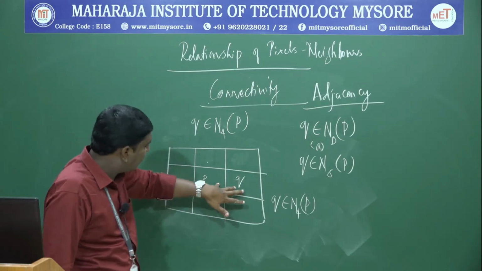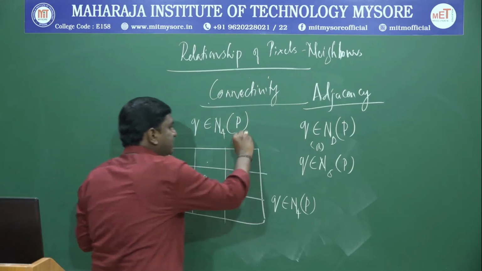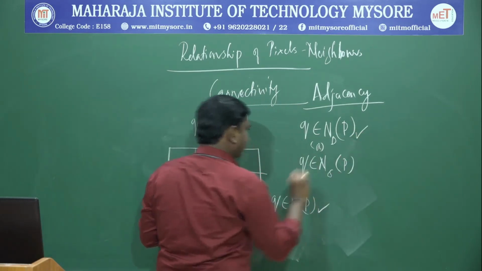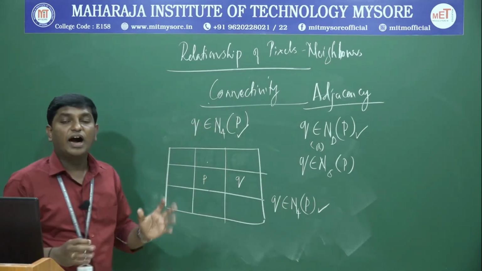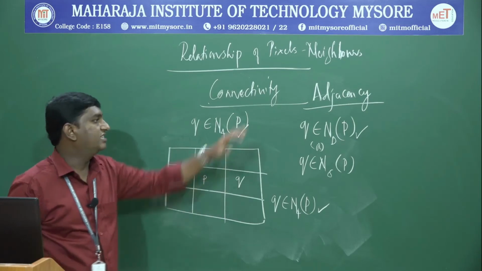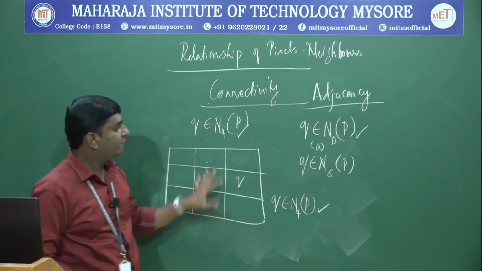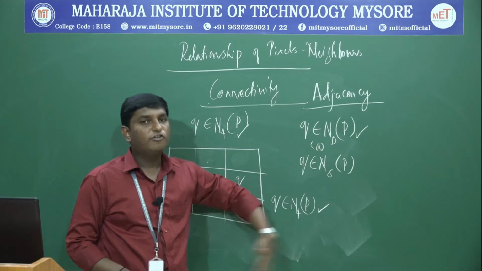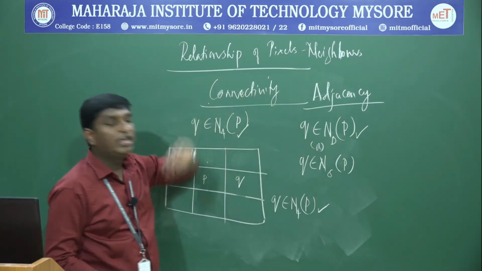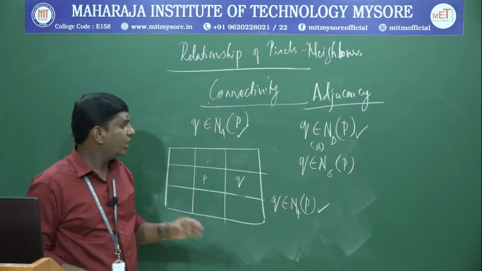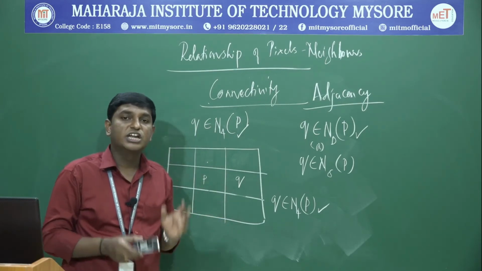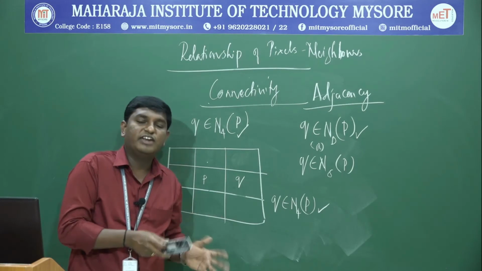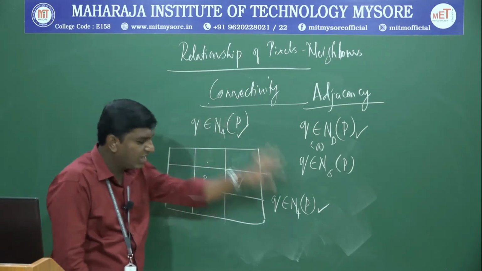So if these are adjacent to each other, this is adjacency, hold good. In all the three cases, pixels Q and P are neighbors by the adjacency rule. If they are adjacent, then we will go for the next higher level, connectivity. When can we call two pixels connected? As we have just discussed, two pixels are said to be connected if they are adjacent to each other. Yes, they are adjacent.